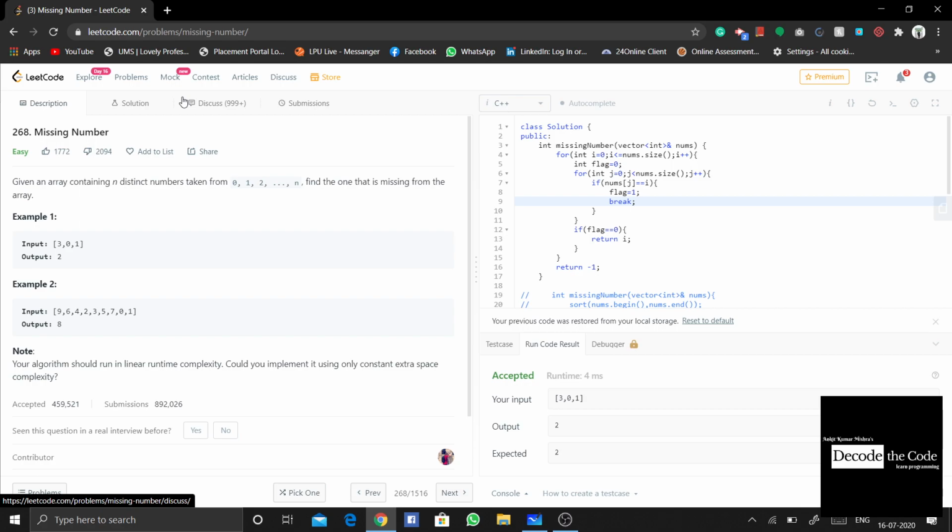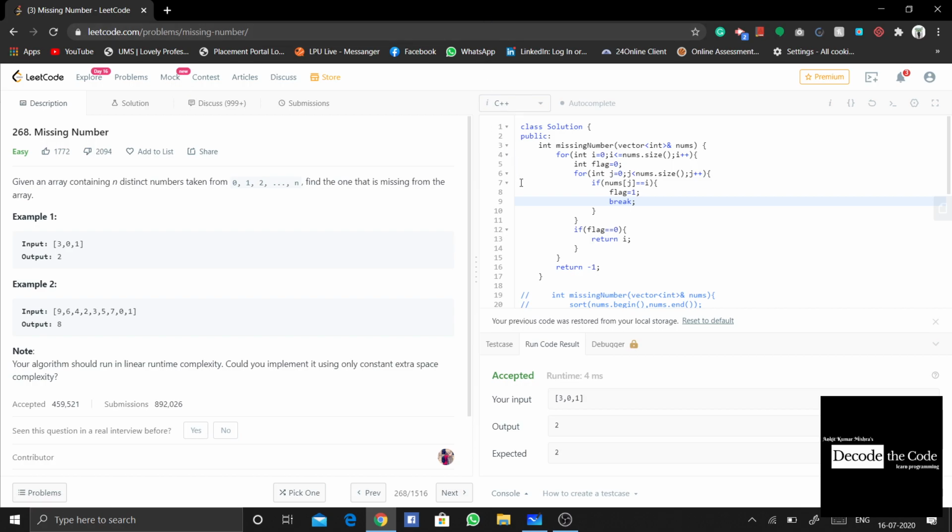If you have gone through this problem, you will know that we'll be provided with an input array, and we need to find the number that is missing. We need to find a number from 0 up till n. That means a total of n plus 1 elements, but the array is just going to consist of n elements. So we need to find which is that one number that is missing from the array, and we need to return it from a function, because the function has a return type of int.